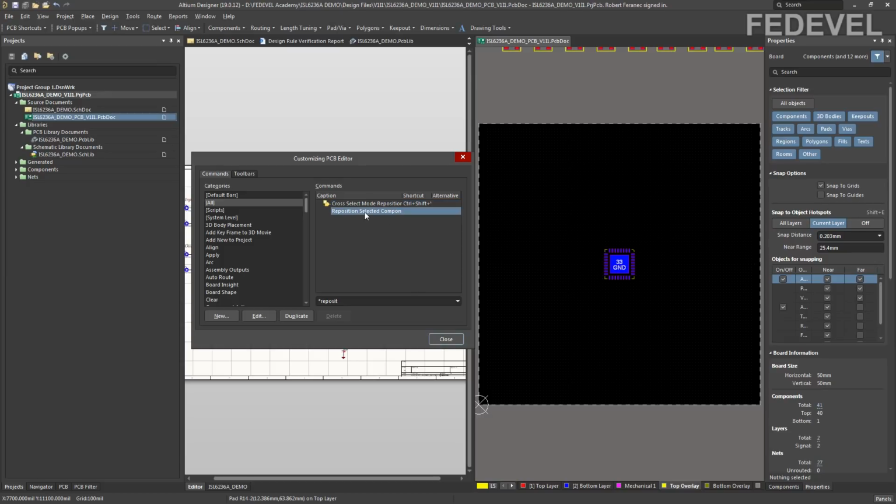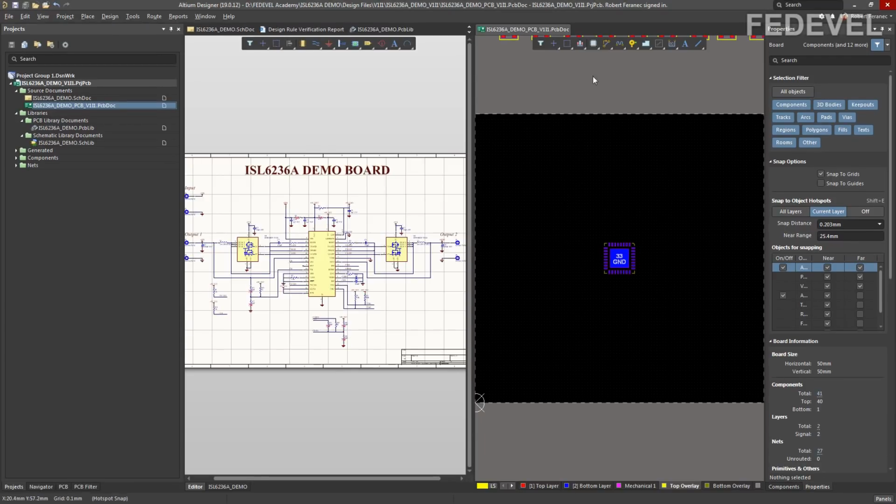Okay, this is our command which we would like to place on the bar, and the bar is currently located here. Simply hover cursor over this Reposition Selected component, press left button, hold it down, and move it inside of these components. Maybe somewhere here. Okay, close. And now when you press right click on this button, place component, here is our shortcut.